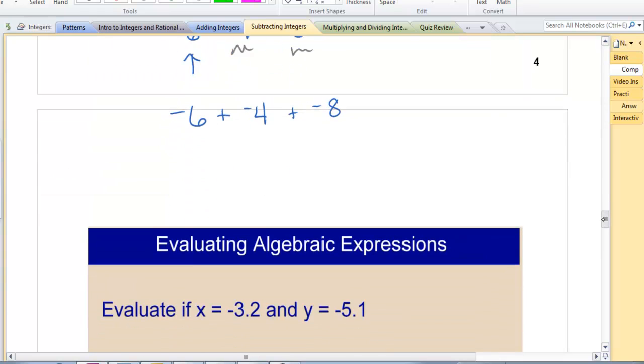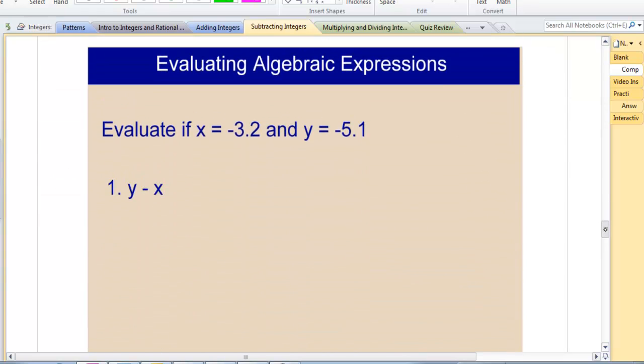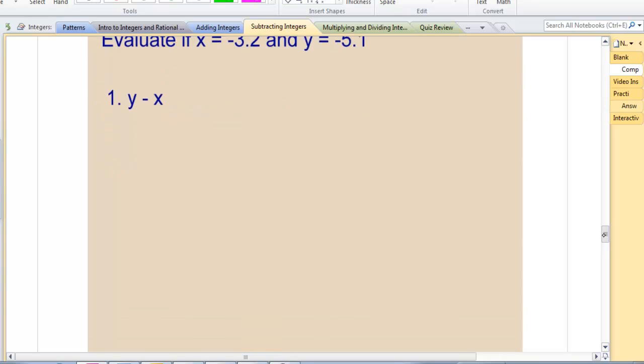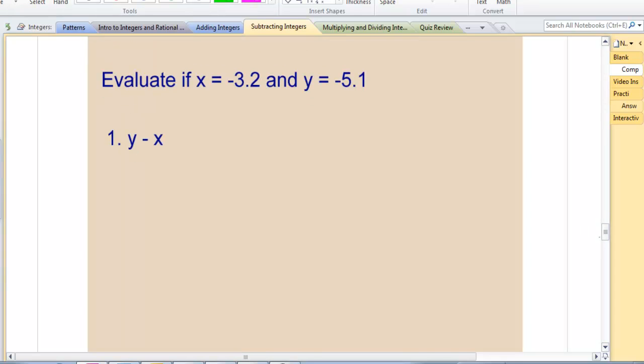Now we're going to evaluate algebraic expressions. So here what you're going to do is substitute the number in the place of the variable and then find your final answer. So I'll do number 1 with you. Let's try this together. Your first step is always your substitution step, and that's where you take your number and put it in the place of your variable. So I'm going to replace y with -5.1, and I'm going to replace x with -3.2. So -5.1